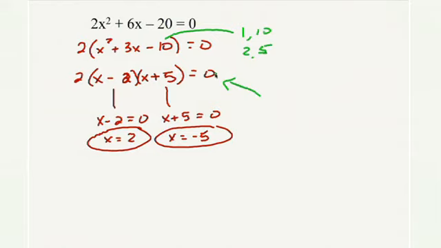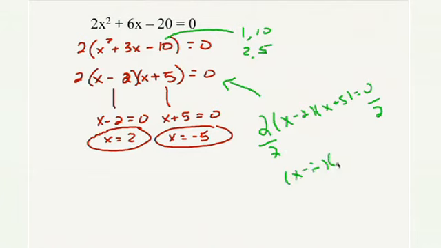Now, if I can borrow the pen for a second, if you're confused in this step by the fact that Jerry didn't set the 2 equal to 0, notice that when you get to this step, if you wanted to, since 2 is a number, I could just divide both sides by 2. If I did that, 2 divided by 2 would just be 1. That would just leave x minus 2 times x plus 5. Sorry about that 2, it's a little hard to read. And 0 divided by 2 is 0. And now I would just set the x minus 2 equal to 0 and the x plus 5 equal to 0 the way that Jerry did.